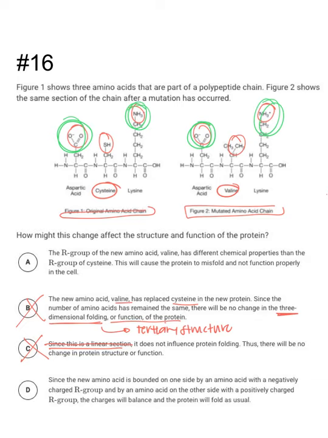This is not true. Why? Because the tertiary structure, or the folding of a protein, is determined by the R groups and the chemical interactions between all of the amino acids in a protein, not just 2 or 3, and they don't balance out. It's all of the amino acids and their R groups that are going to have an